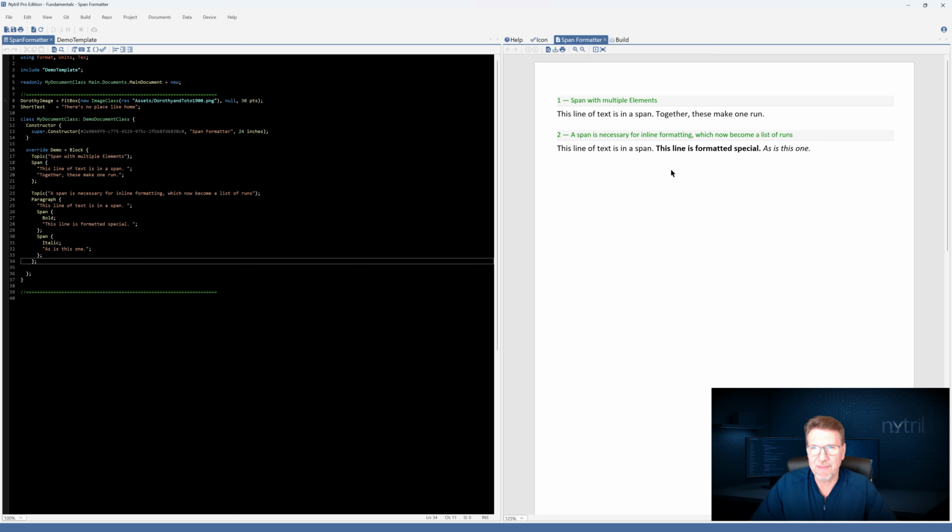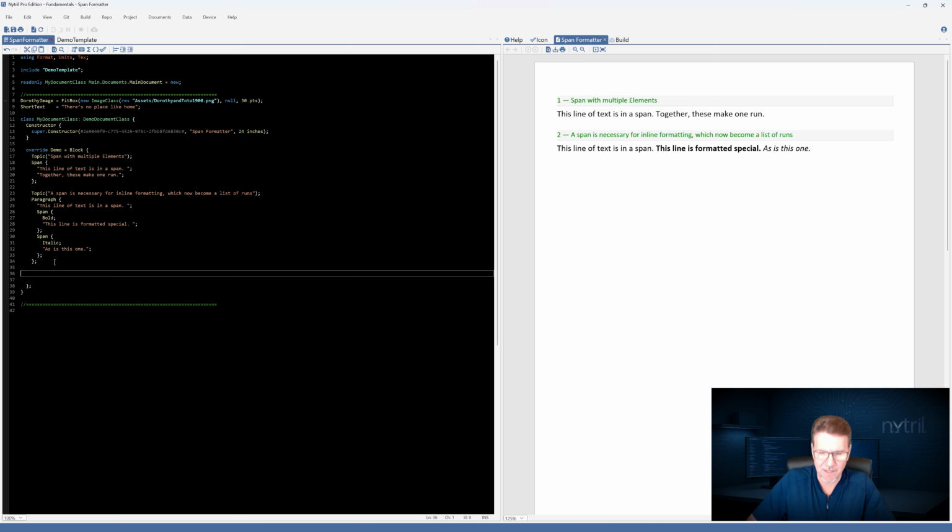And if we do the same thing we did before, where we press Control-Shift and hover, now we'll see that each one of these spans is a different run. So this has created a list of runs in the paragraph, and you can see them by holding down Control-Shift. When the text is formatted differently, they'll come out in a list of runs. When it's formatted the same, they'll come out in one run.